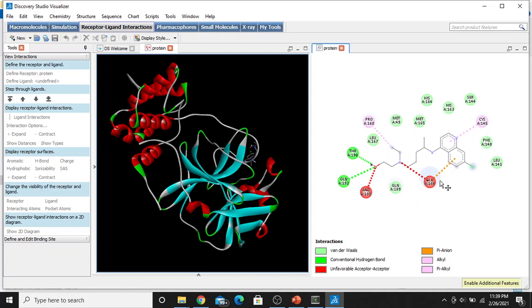Now these are the types of interactions, and the colors corresponding to the interactions are given here, so you can use it in your papers. Here there is some unfavorable acceptor interaction. This means that this ligand is not stable inside this pocket, so you can modify it, or you can avoid taking this ligand. Okay, so you have to do as many dockings with many ligands by substitutions or